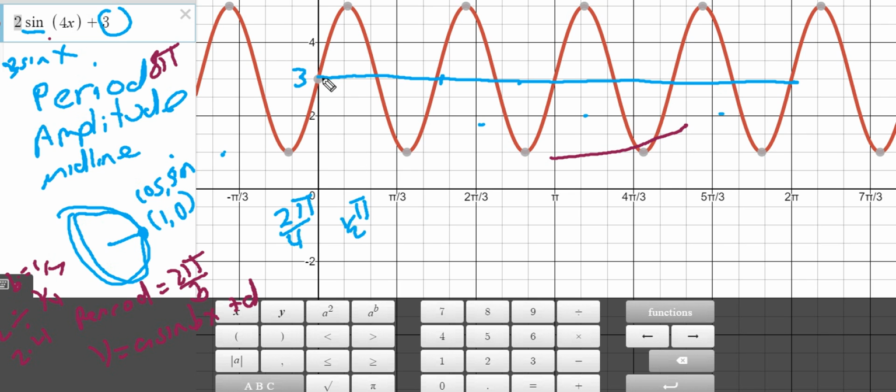So my jump is here at pi over 2, even though you can't see that. I could change my steps, but I'm running out of time because this is going to be a full 10-minute video. Okay, so pi over 2 is my period because of the 4. 2 is my amplitude, up 2 from there, and then 3 is where my midline shifted. Go to Desmos,